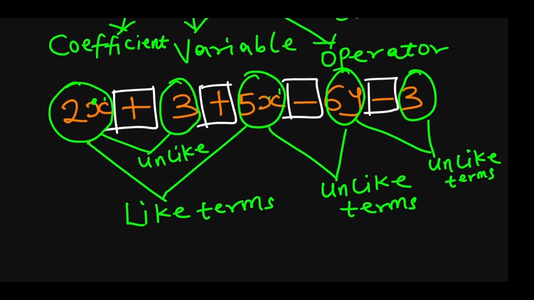You may be wondering, why are we saying like terms and unlike terms? You need to know what like terms and unlike terms are, because you need that knowledge to be able to group these terms together, to be able to solve or simplify the algebraic expression or equation. That's like the first thing you must do before you continue your simplification process. So that's why it's important to know them, as you will see when we get to lesson 2.